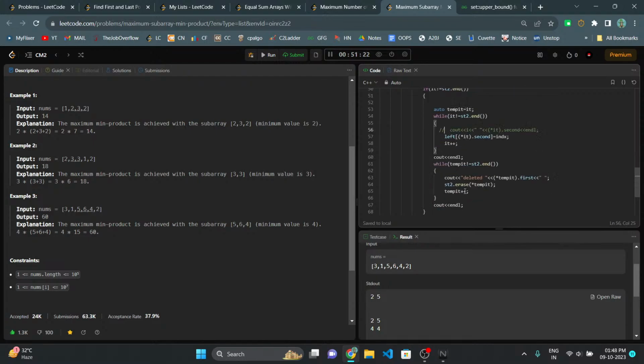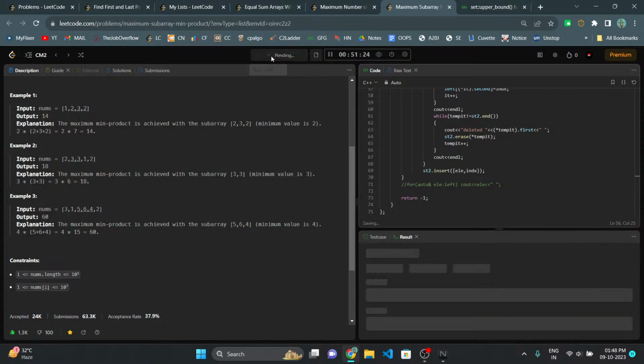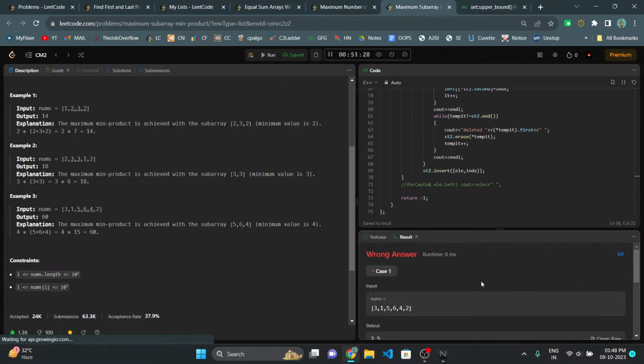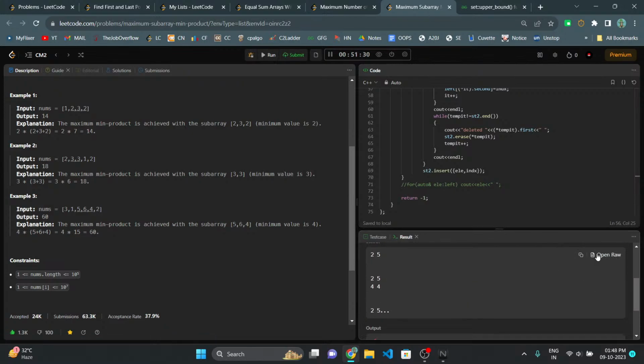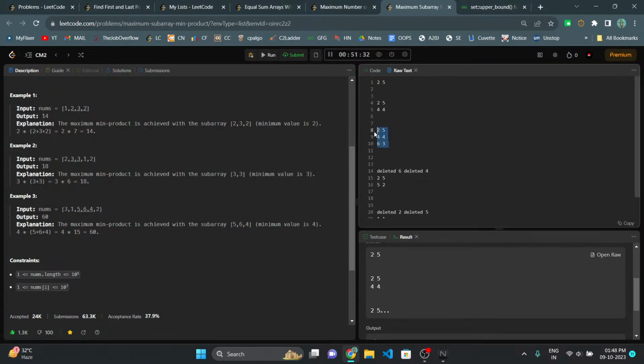Yeah, this sheet is something else. So now my upper bound is 5 comma 2. 5 comma 2 should be pointing here. Deleted 6. Right, but